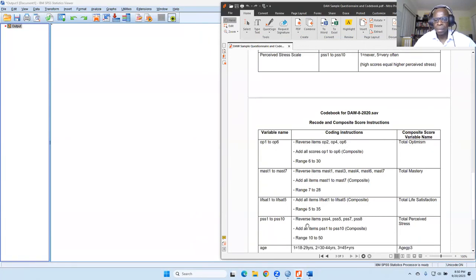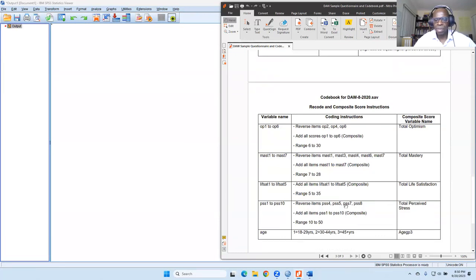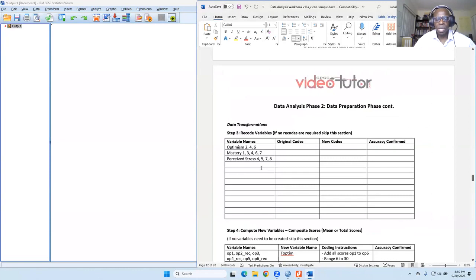Okay, we need to compute a composite, that's fine. We're just going to worry about the reverse codes first. So perceived stress 4, 5, 7, and 8 have to be reverse coded. So this is what we call data transformations or recodes, right?